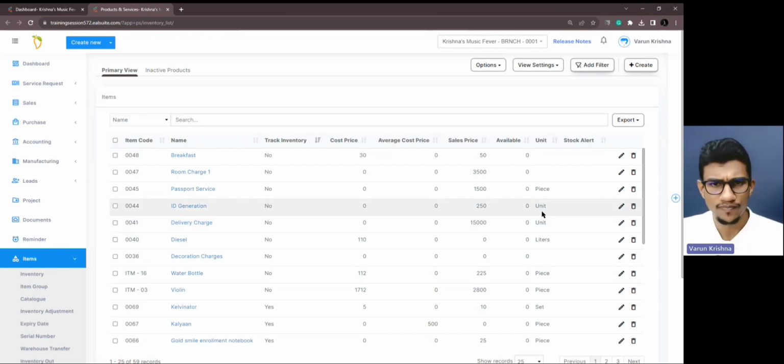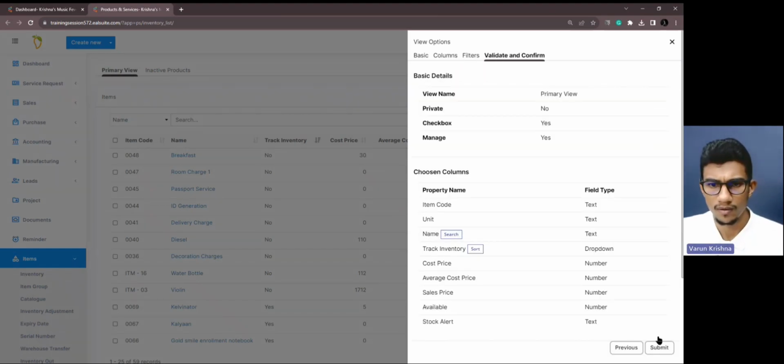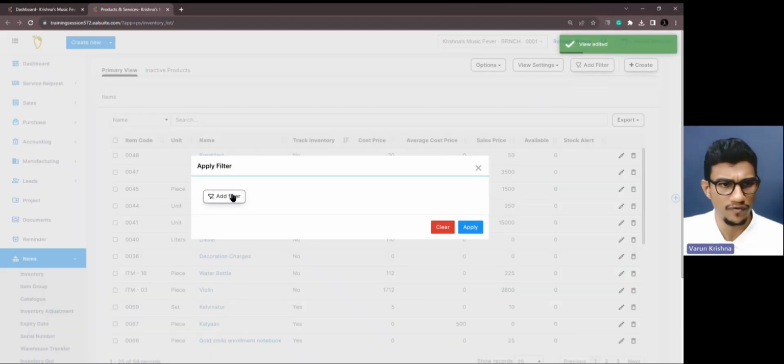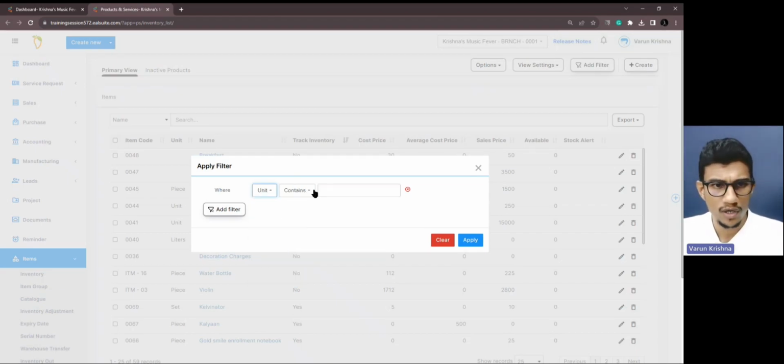Yeah, I'll do one thing. Let me just edit this view. I'm taking this unit up here, and I'll be changing the view. I'll be adding a filter here. Let me add a filter for units which contains